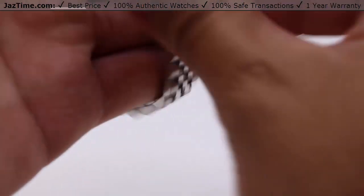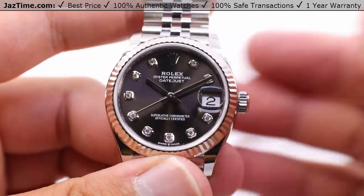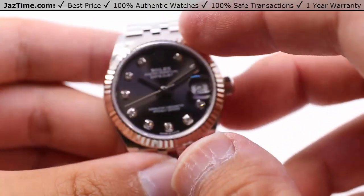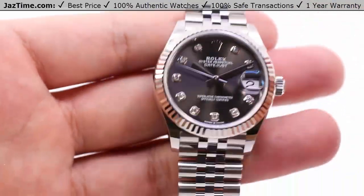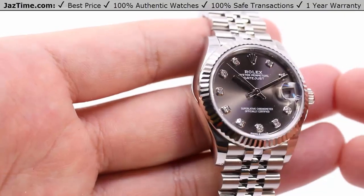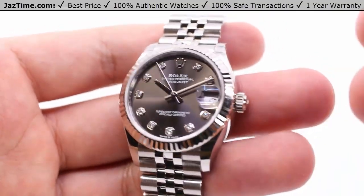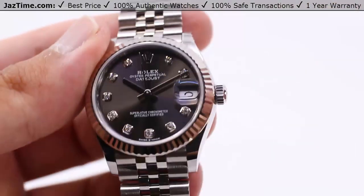So, enough of what I think. What do you guys think about this watch? Let us know down in the comments below what you think about this Rolex Datejust 31 with a steel case but white gold bezel, Jubilee bracelet, dark gray dial with diamond hour markers. Let us know down in the comments below what you think. Would you be picking up one of these in 31 or 36 or maybe even 41? I don't know if they make this dial in a 41 size, but hey, you can check it out